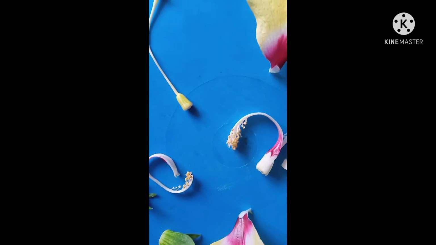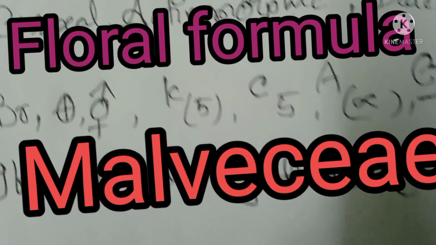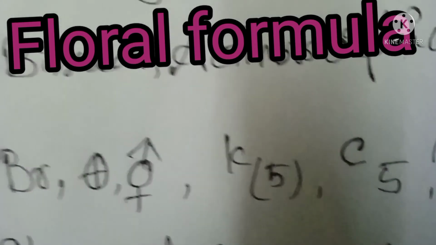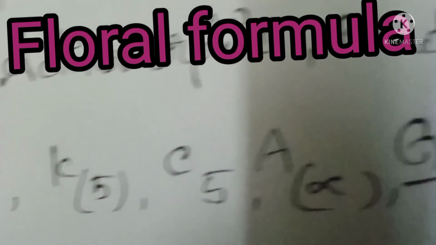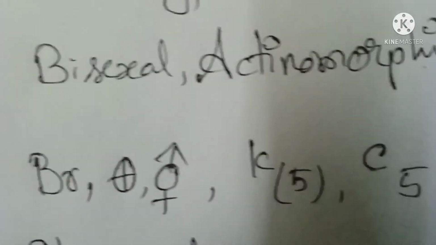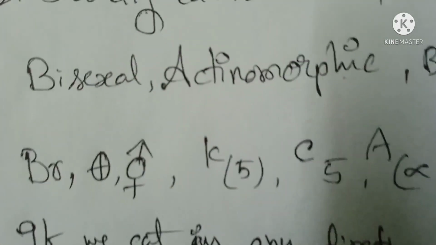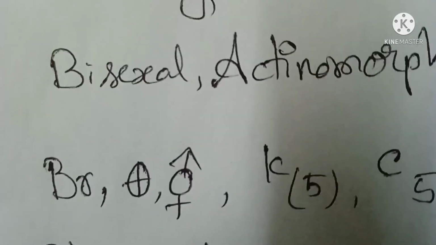In olden days, they were used as a shoe polish substance. Bracts, 6 to 10, complete, bisexual. K means calyx, 5 together, and corolla, they are separate. Androecium means stamens, numerous. And gynoecium, superior and compound, with split stigma. If we cut along any plane, we will get two equal parts. Complete, four whorls will be there.